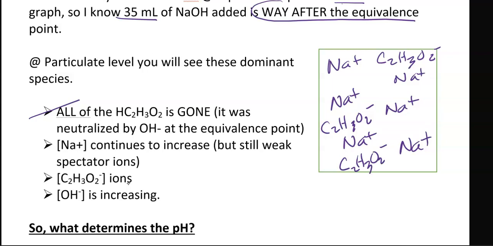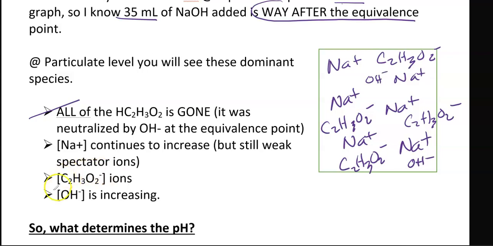1, 2, 3. I think we need one more. Boom. Okay. Now, let's talk about hydroxide ions. This whole time, the hydroxide ion has been reacting with the weak acid, so you haven't seen it in any of the previous particle drawings. But now we're at the point where the hydroxide no longer has any weak acid to react with it, so it's going to start to collect. So there's a hydroxide, and oh, look, there's one more that's starting to build up